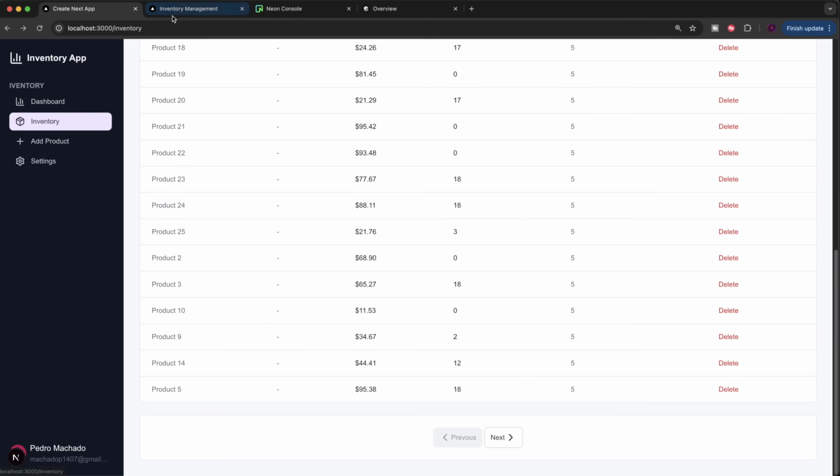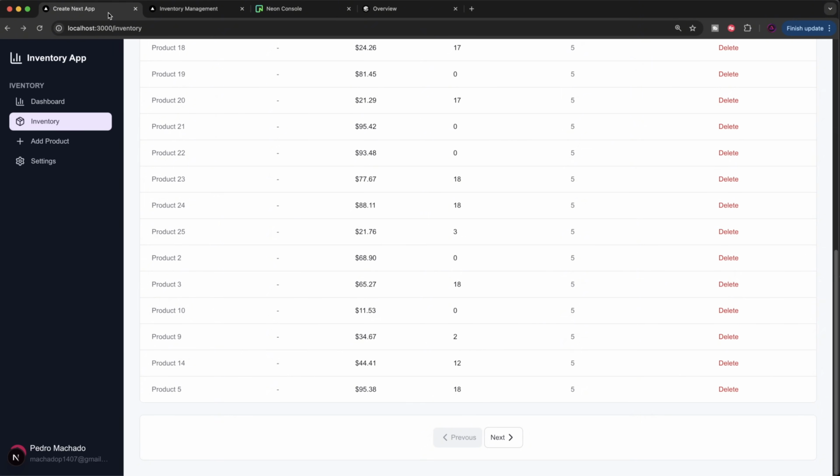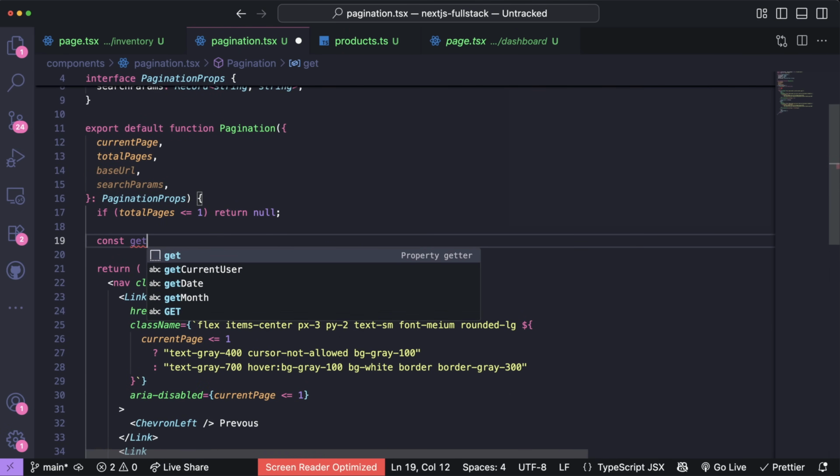Now, what we want to do is calculate the number of pages that there are. So you see we have 3 over here. We want to show a button for each of them, and we only want to show the ones that are visible. So to do that, we're going to create here a function called